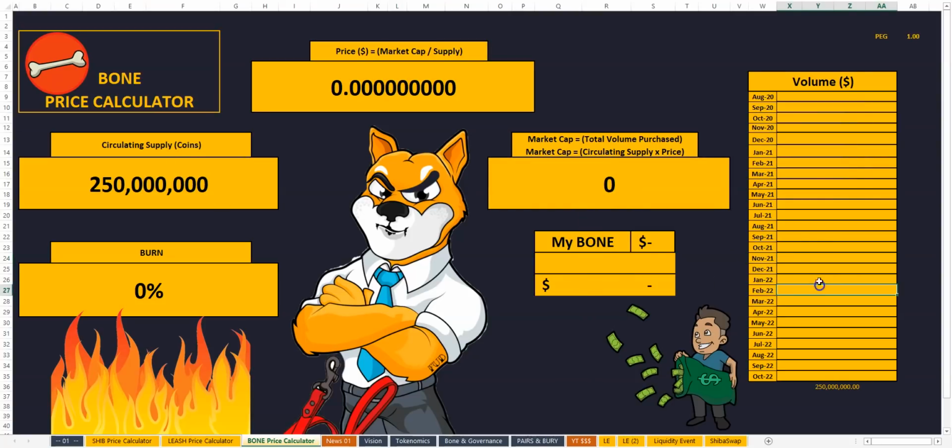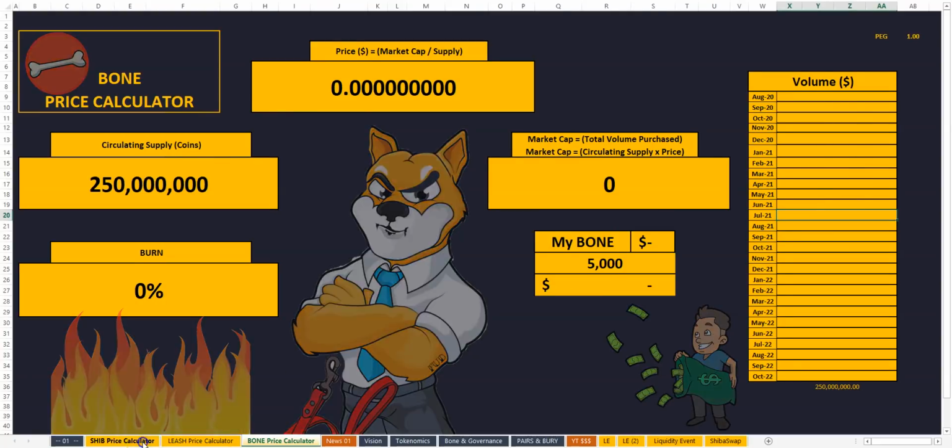You might be thinking, okay, that's nice, but so what? Well, I just want to hold on to my SHIB. Yeah, you're completely welcome to hold on to your SHIB, but let me just show you something. If, for example, after the liquidity event, or even up until the end of the year, you're somehow fortunate enough and you've played your cards right, especially if I show you how I think is best to do it, and you're able to get your hands on 500 Bone, okay? And the value of Bone is going to start increasing. Currently, according to